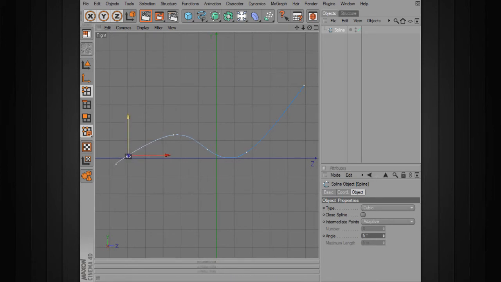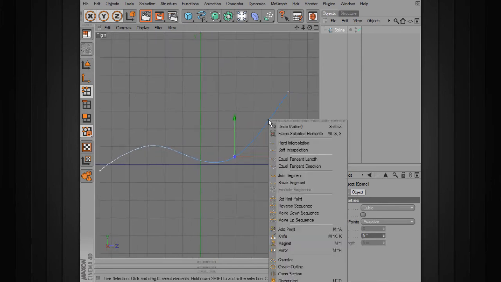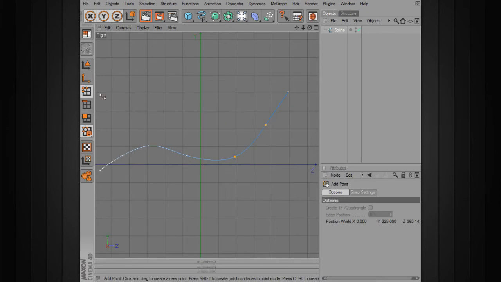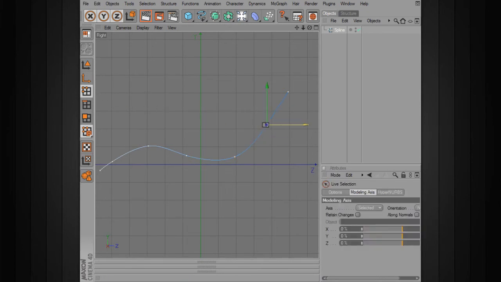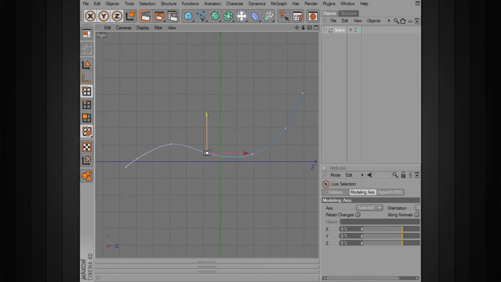So I'm just going to kind of clean this up and get really exactly the curve that I want. So I'll just kind of define this a little bit more. If I need to go in here and add a point, I can add one in there. Kind of move that back a little bit. Okay, so when you're happy with the curve that you've got, we now need to actually create some geometry to